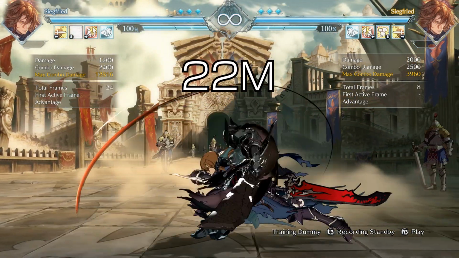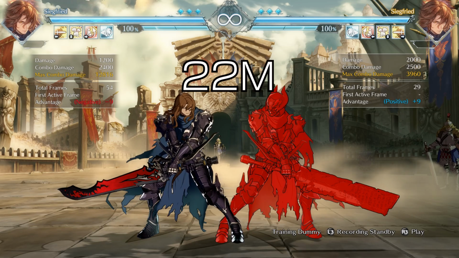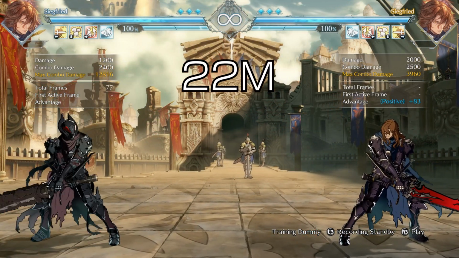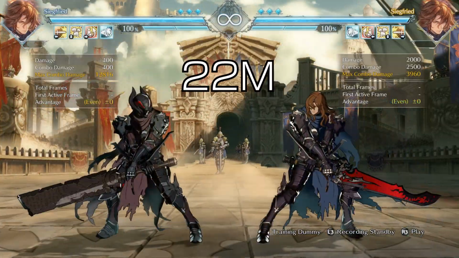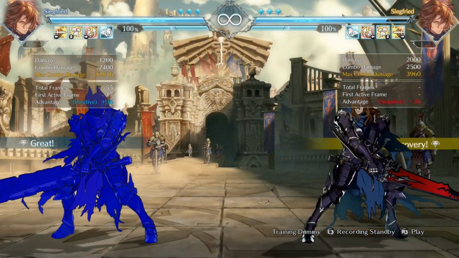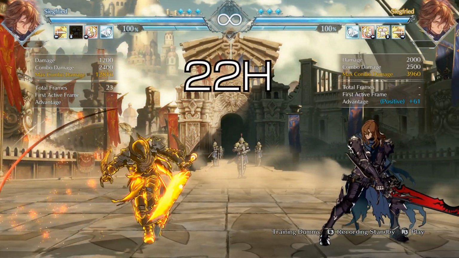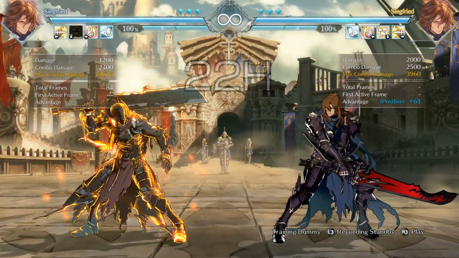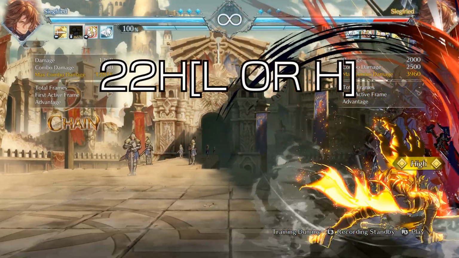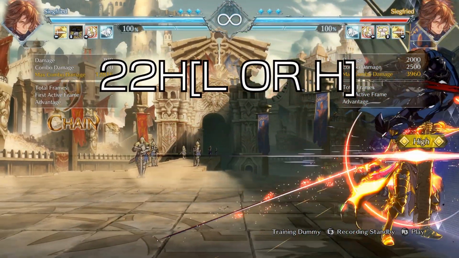However, if they mash crossover or evade, you will be at a -9 disadvantage. It has slower startup but travels a tad further than the light version. On hit, your medium Orkan will combo into your heavy attack follow-up. Heavy Orkan travels further and has faster startup than medium Orkan. The light and heavy follow-ups of heavy Orkan can net you combos when performed in the corner, or just slightly